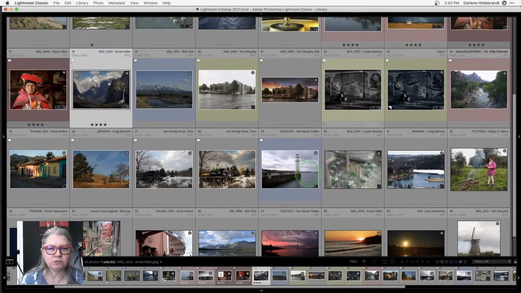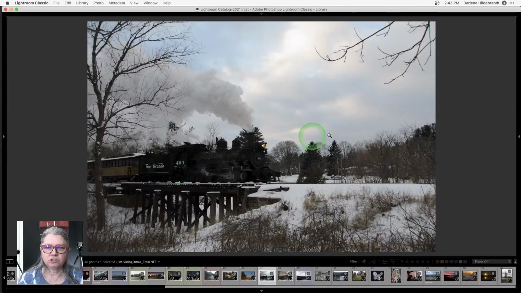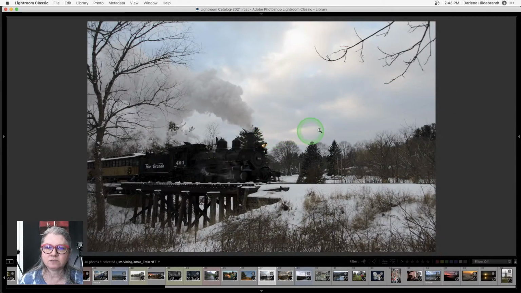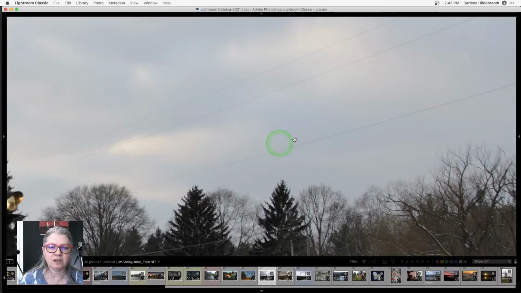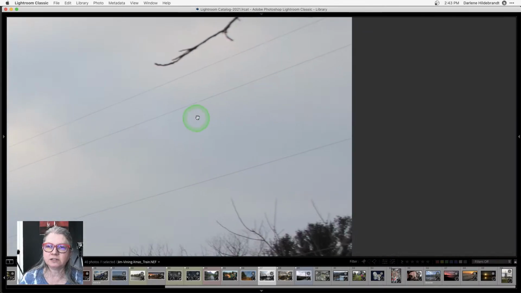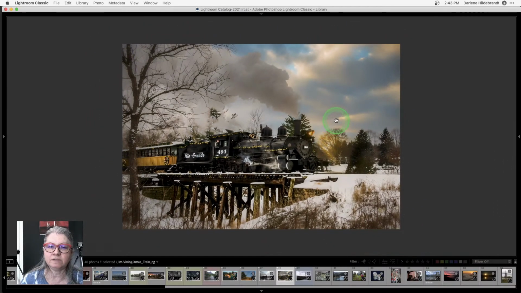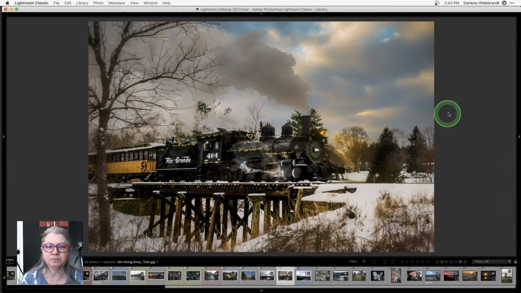Yes, the Christmas train was quite interesting because, Jim, you've sent a finished version that you've edited. Now I see you've done actually a really nice job because you've removed all of these wires here. I don't know if you guys can see that. So there was some power lines and this tree over here. So he's done some work to remove all of the power lines, which is awesome. And I think you did a really nice job, right?